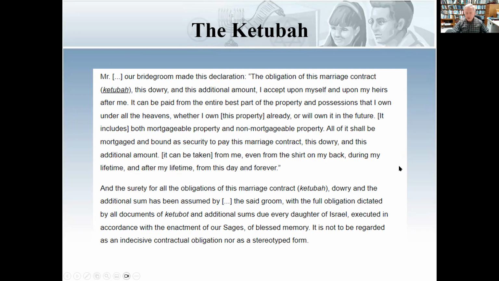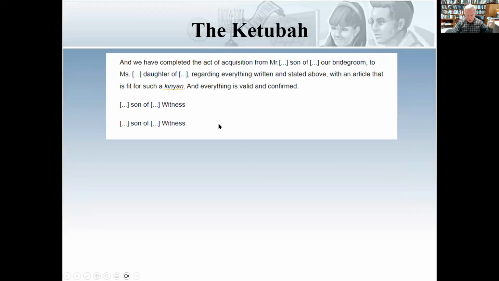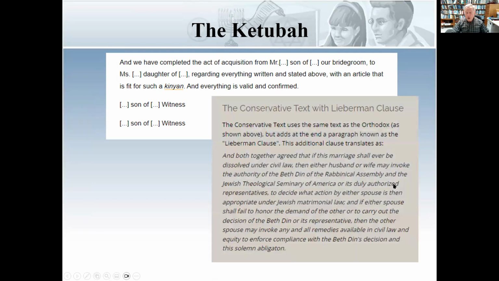There is nothing romantic or lovey-dovey about a traditional ketubah, and I've never seen it correctly translated on a document in the traditional ketubah. And as I said, there's two witnesses that would be signing it. So one of the problems that we see in a ketubah in Jewish law is that only the groom can grant a divorce to the wife. So you have a situation where women can be literally chained in that the groom refuses to grant the divorce to the wife, even though they may have a civil divorce. So she is bound and she can't remarry under Jewish law.